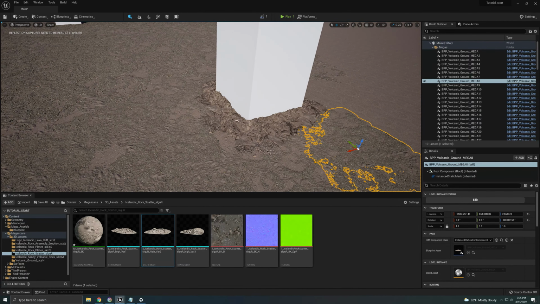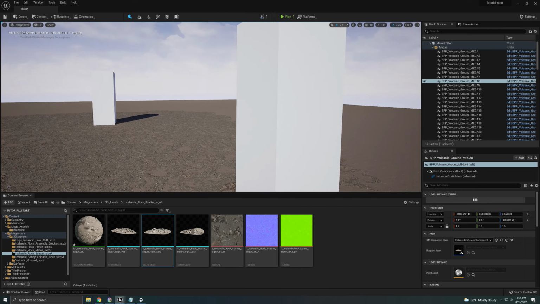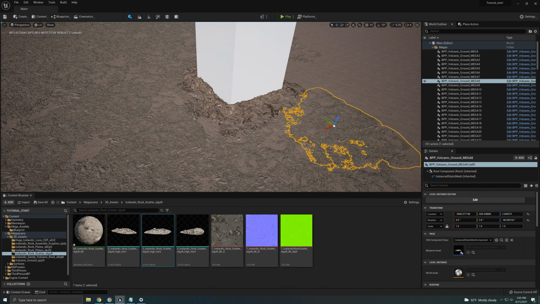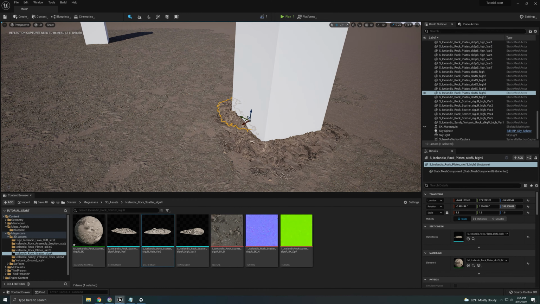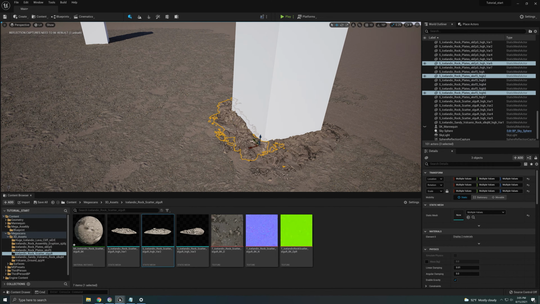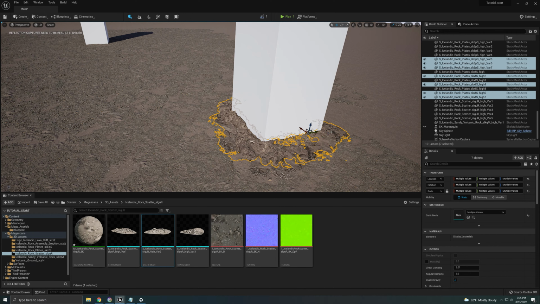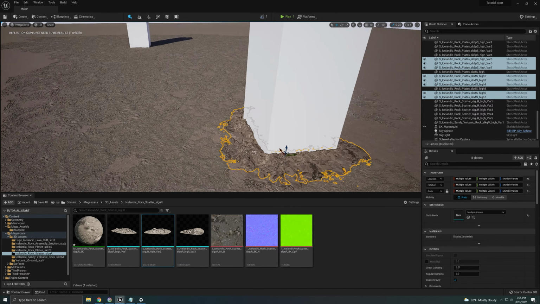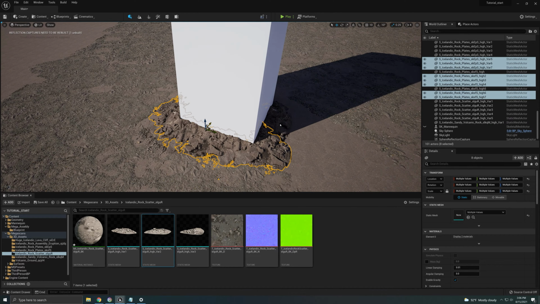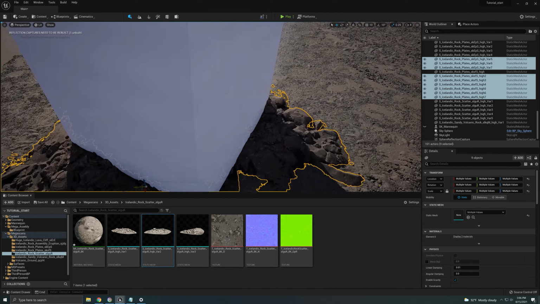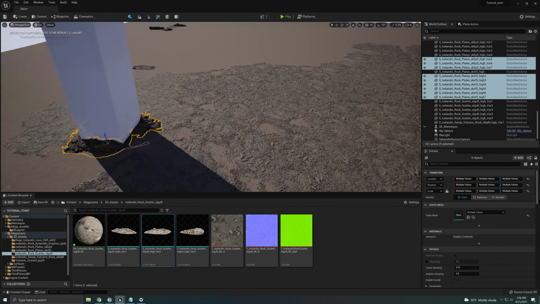And one of the beautiful things that we can do, because this pillar is in the background, we can actually grab everything here and just throw it over here. So I'm just going to hold control. I'm going to grab all these. I think that's as much as we have. I may have more, but I'm just going to